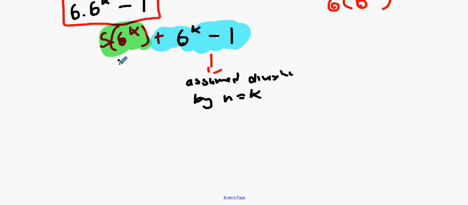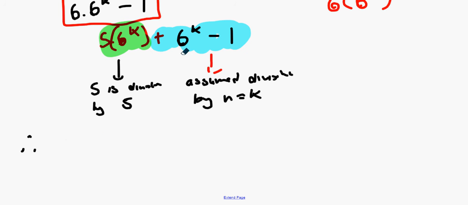Now, 5 times any number is divisible by 5. And see the way it's 5 multiplied by 6 to the power k. So that is divisible by 5. So what you say, therefore,